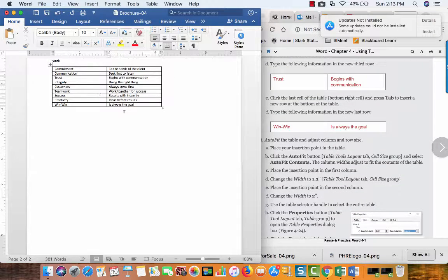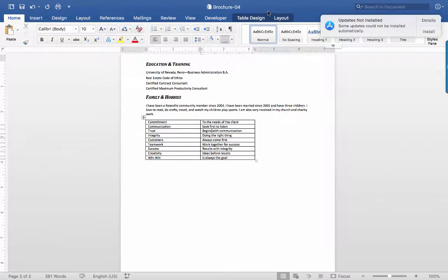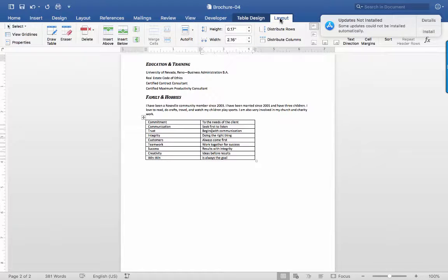So I have this in here, but it doesn't really look so good, right? There's a lot of white space, so we want to get rid of that. So with the table selected, I'm going to pop this open so we can see it. We're going to be in the Table Tools